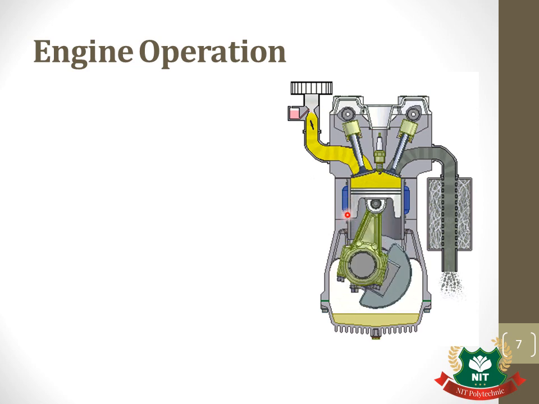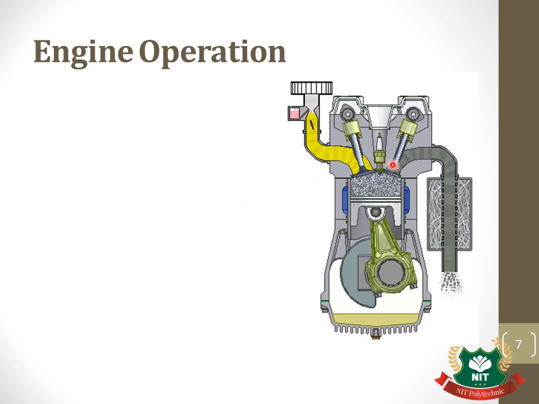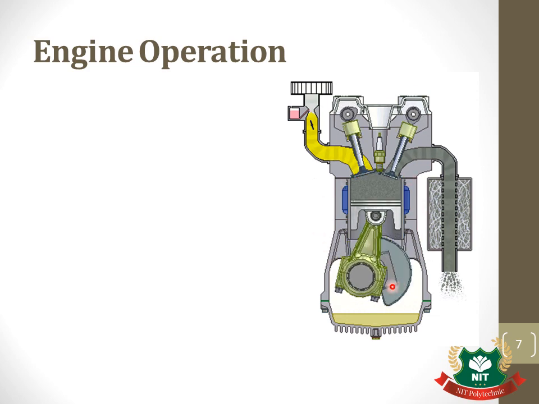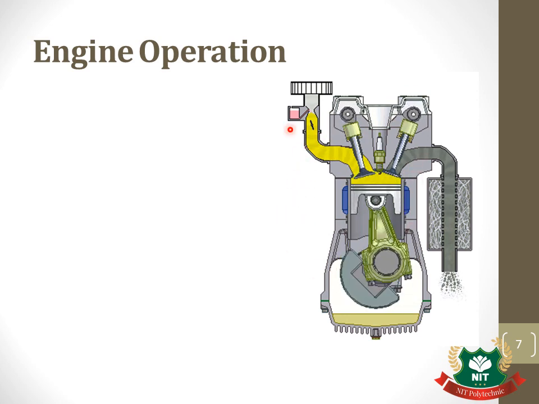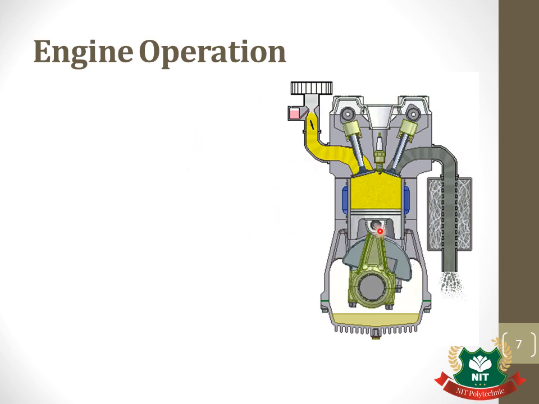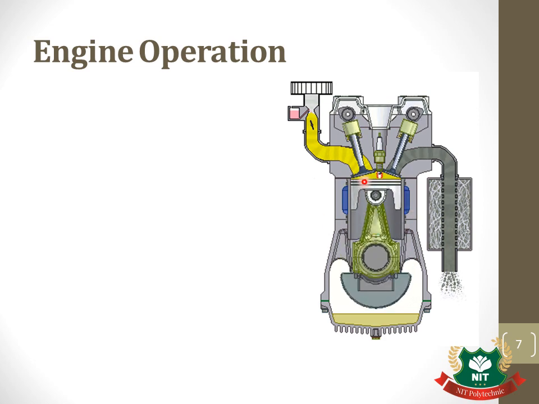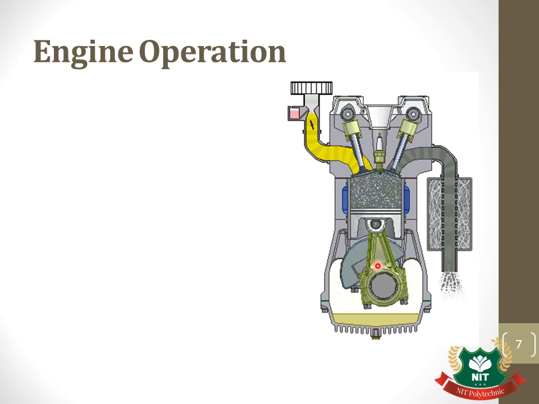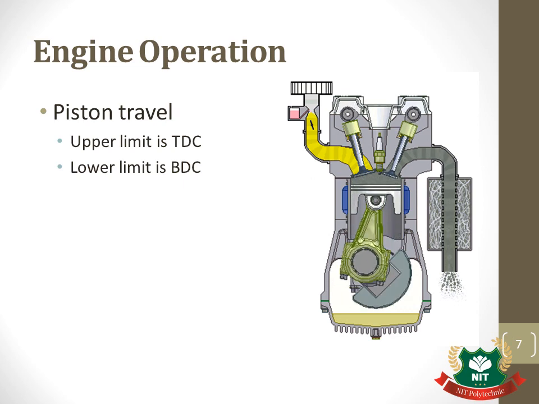Now let's learn about the working of an IC engine. In this slide, we are going to learn about how the IC engine operation takes place. As we see here in an animation, we are seeing the construction of an IC engine, which we have already learned. Here we have a piston moving in a hollow cylinder, and the piston movements are reciprocating inside the cylinder. The piston travels from TDC to BDC.